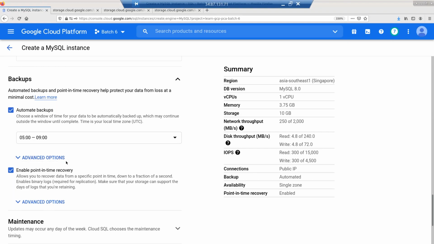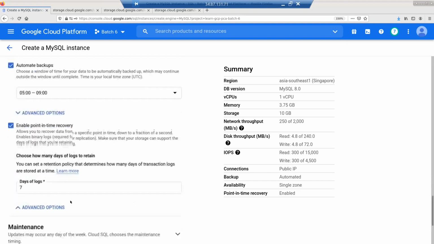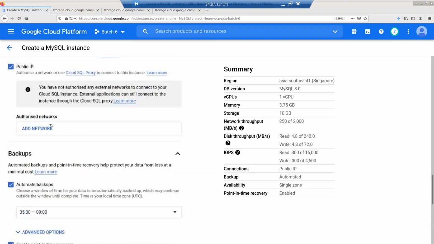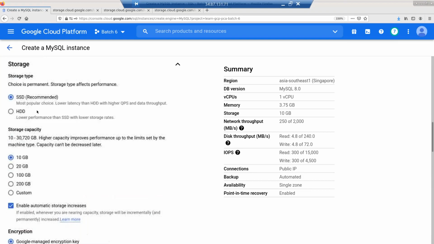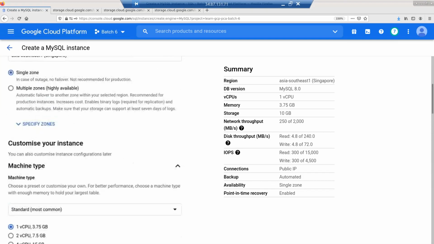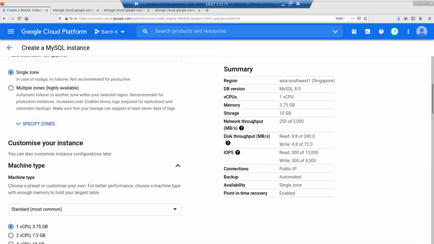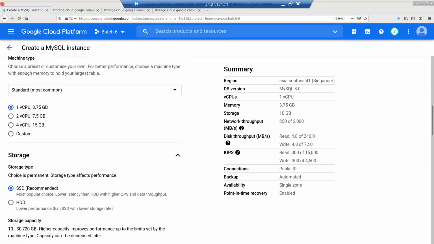So you can go back in time, and looking at the transaction logs or the binary logs, you should be able to restore back the data. That is where this comes into the picture, basically. You have some advanced options, how long you want to retain the data. So you have those options there. This comes in handy when you turn on HA, high availability. So if I just go back,